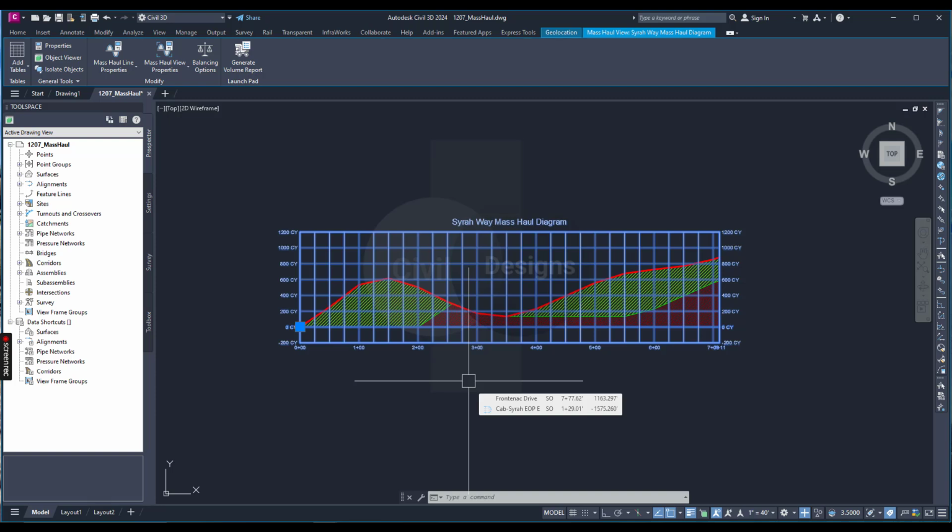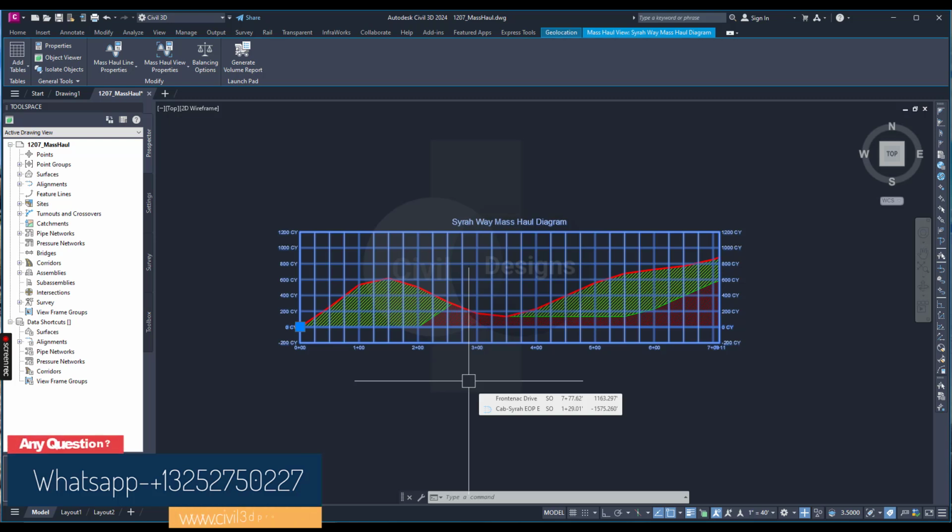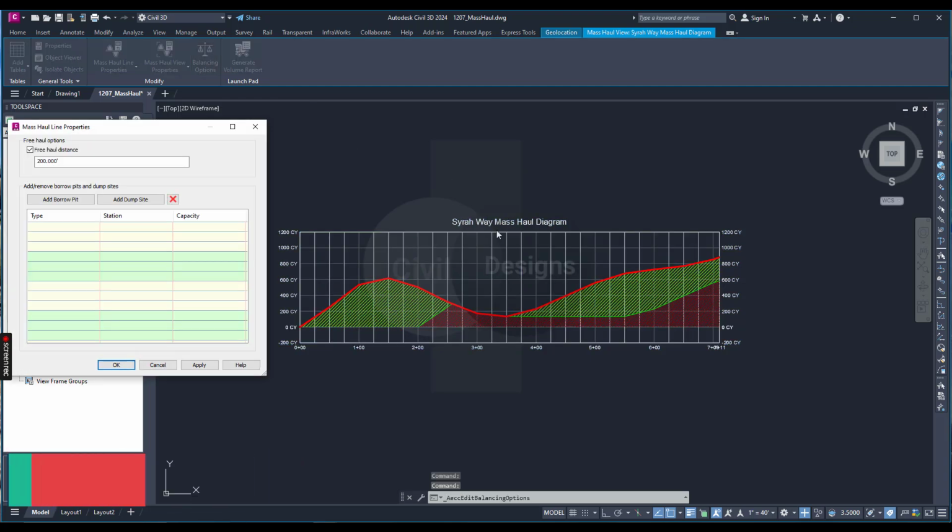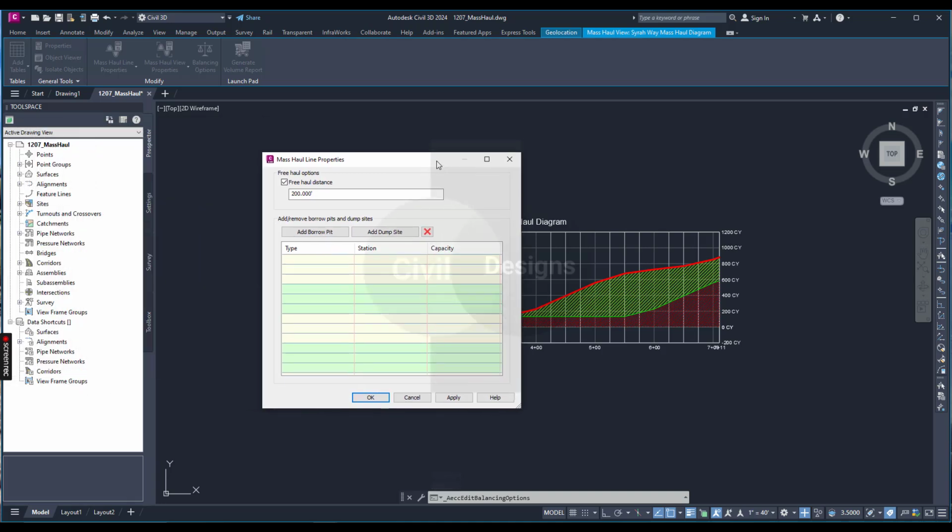You will now make a few changes and observe what happens to the mass haul diagram. From the Mass Haul View contextual panel, select Balancing Options. The Mass Haul Line Properties dialog box will open. Initially we will change the free haul distance from 200 feet